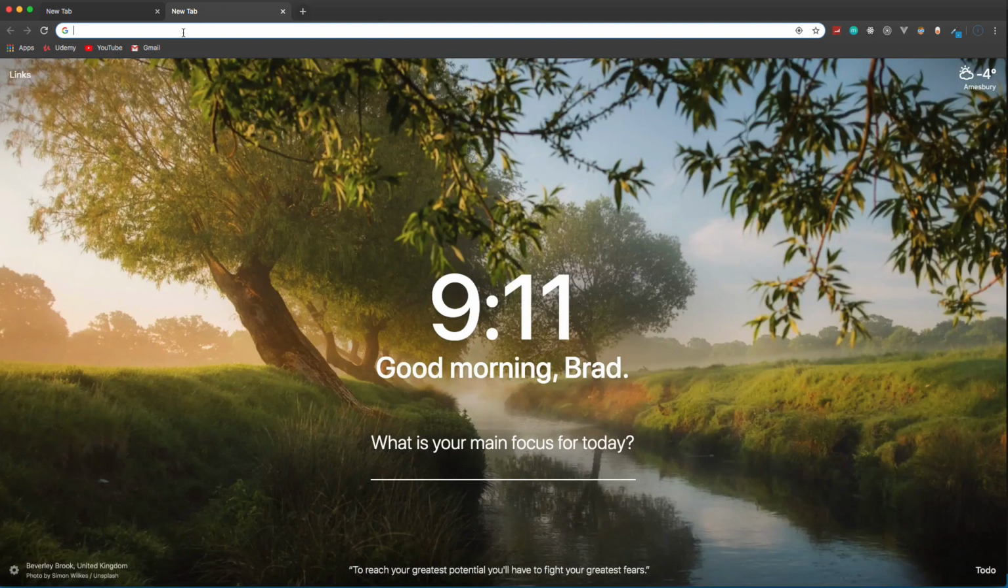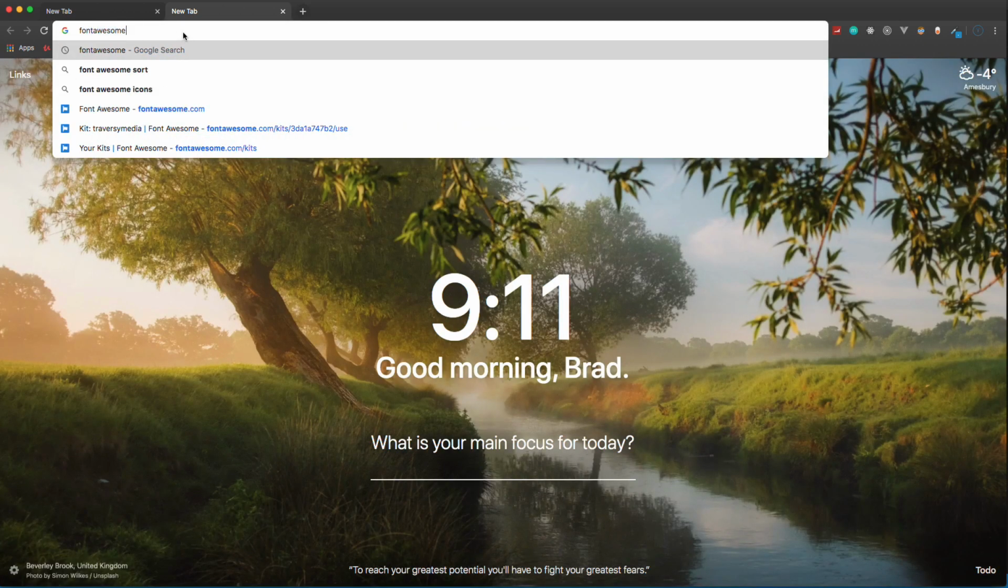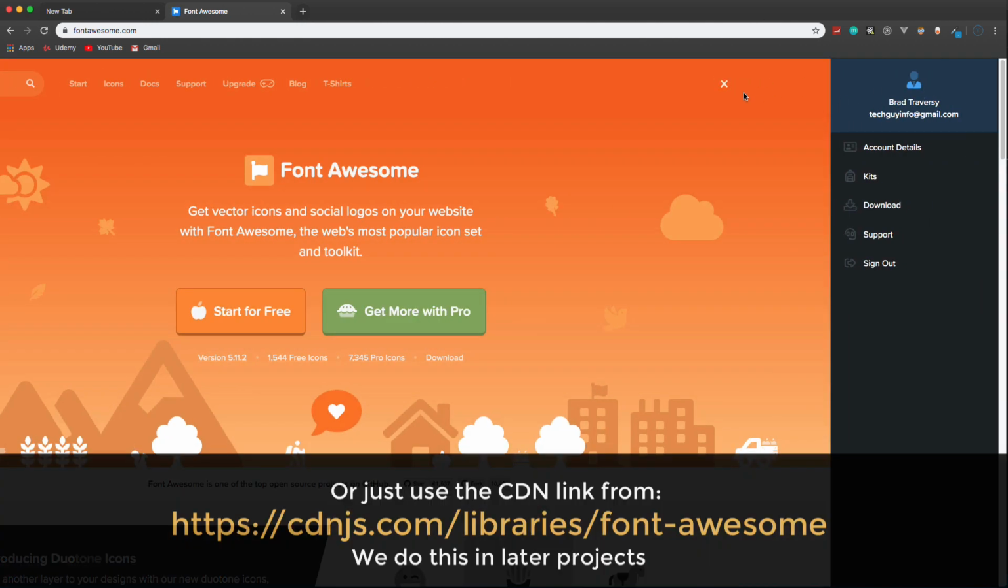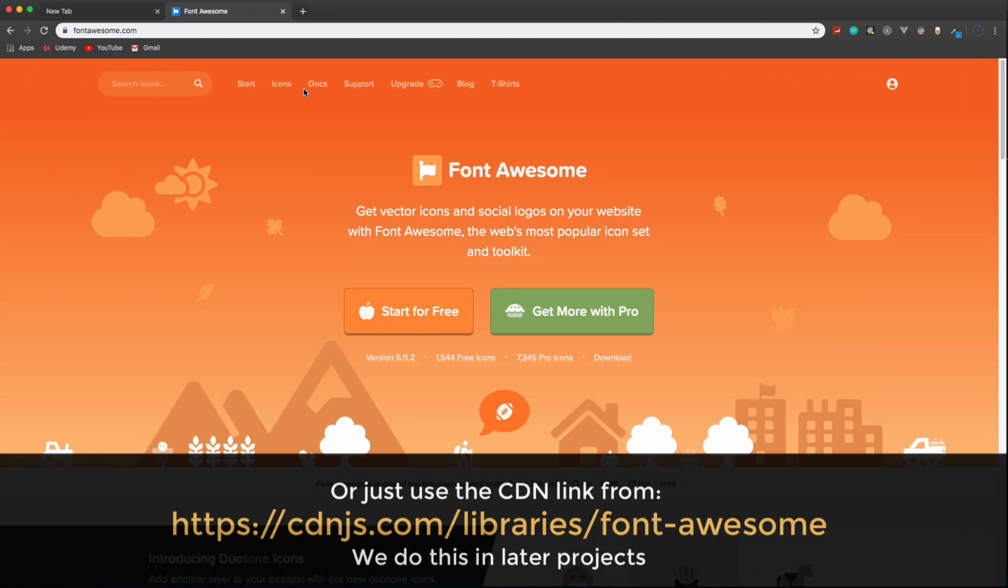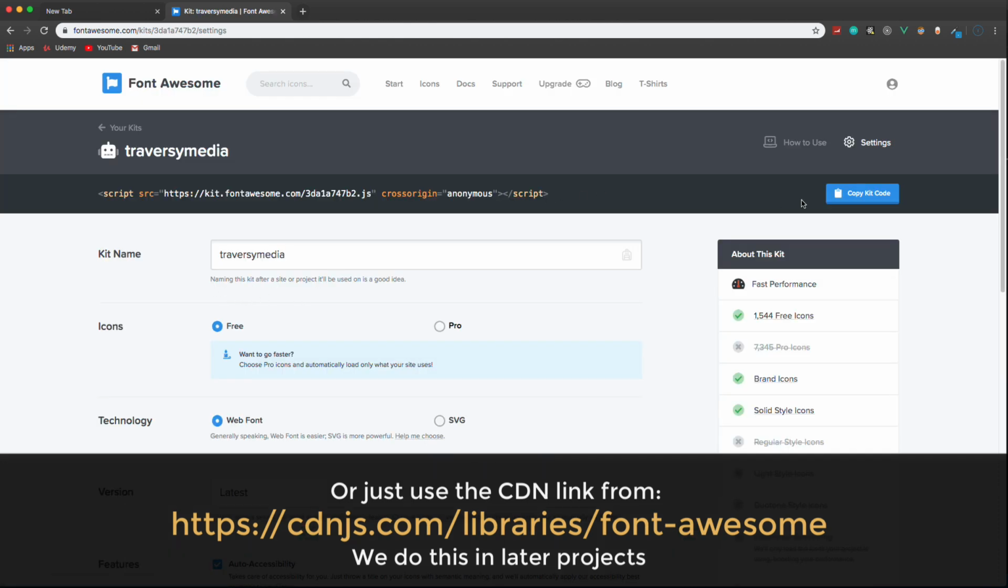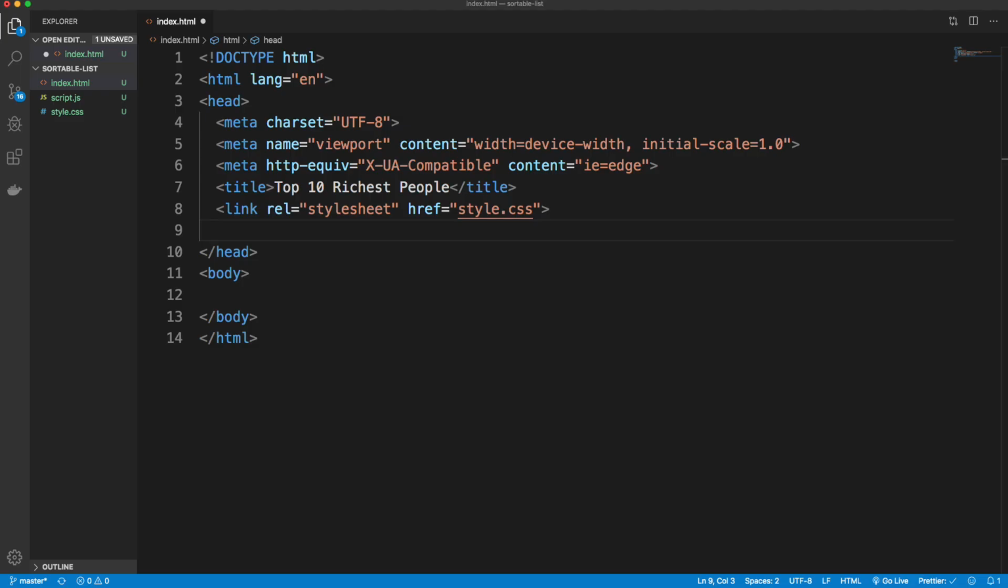So I'm going to head over to fontawesome.com. And in order to use Font Awesome, you need to just log in. You can see I have an account and I'm logged in. And then if I go to Start for free, you can create a kit, which I already have one. So I'm going to say right here, my Traversy Media kit, and just copy this script tag